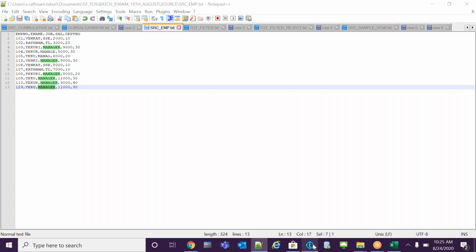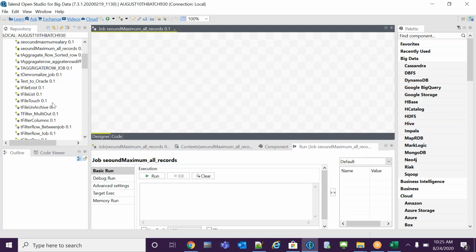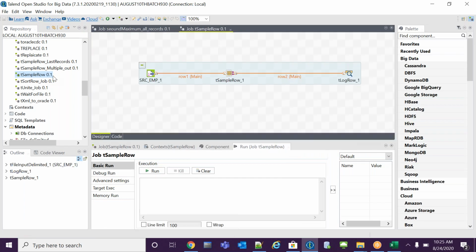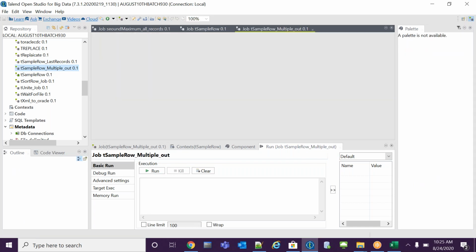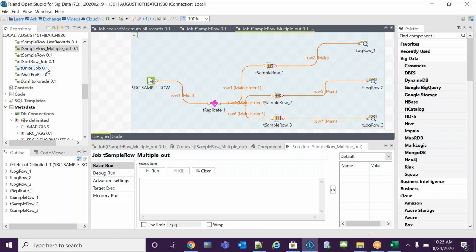Okay. Let me run. The same design means how it will come, it will come wrong. T sample, where is it? One second. Not this one. Where is that one? Okay, I will show you that one later.